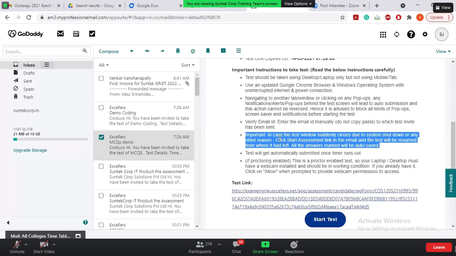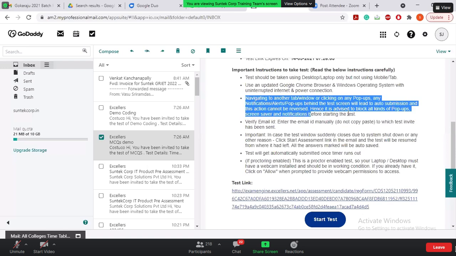Okay, let's say suppose the power is gone for 4 hours and you're not getting it back, then your test until wherever you have taken will be auto saved, and the test will end automatically after 2 hours. Okay, I'm talking about in case of power failures only. So don't come up to us and tell at 8 o'clock that I had a power cut, so can I go back and resume? In order to avoid all this, make sure to start your test as soon as possible by 4:30. Okay, that is about this point.